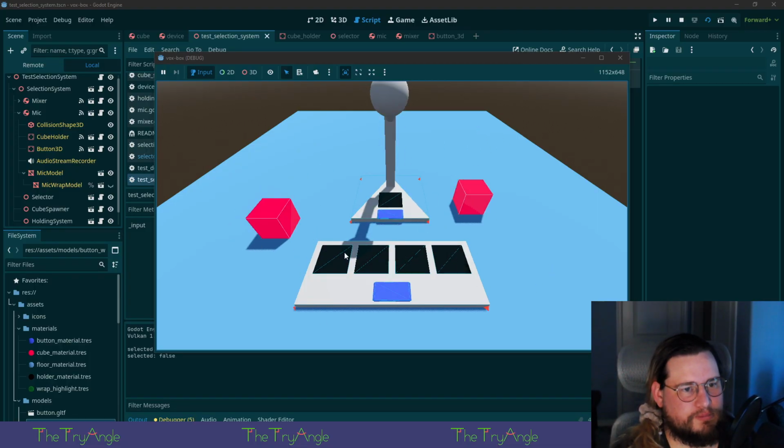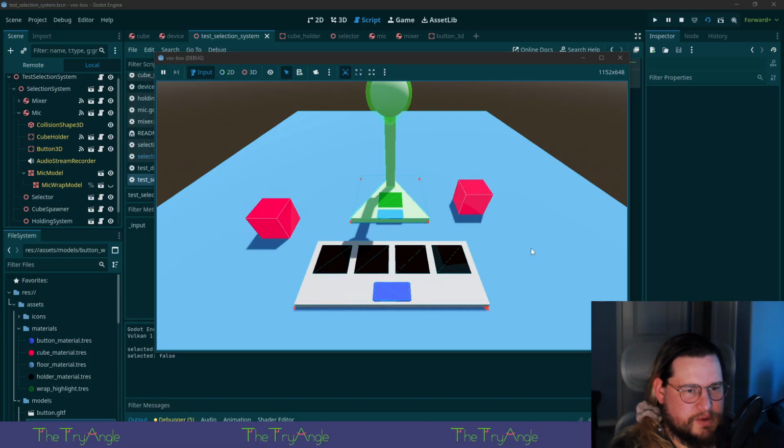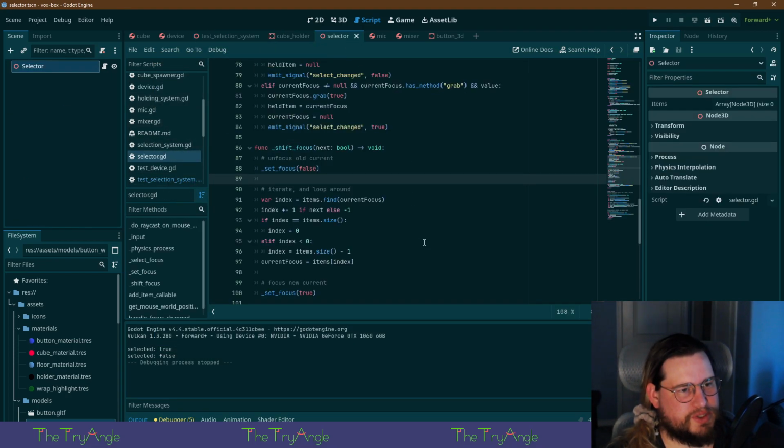Let's see here. I'm working on a selection system. I don't know why I'm doing this so fast. This is manic. Although funny enough, it keeps going in the same direction no matter if I'm holding tab or shift tab. And it shouldn't be doing that. It should be going backwards.